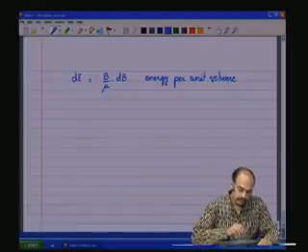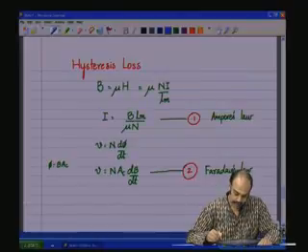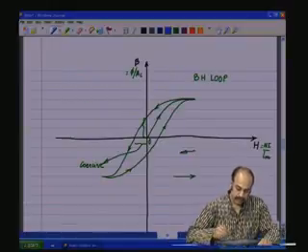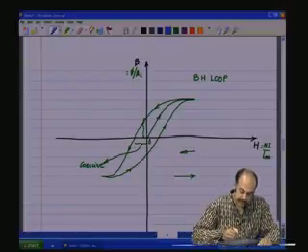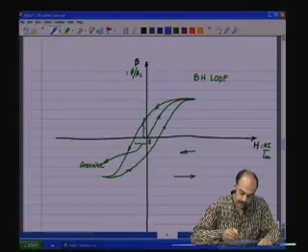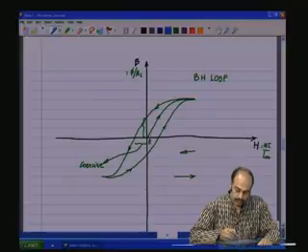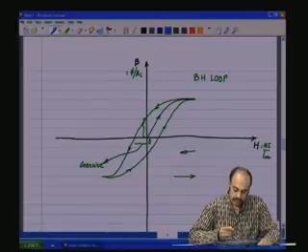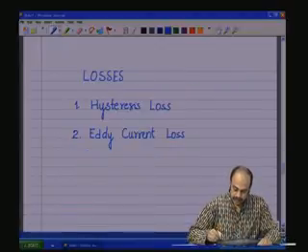So, in one cycle, if we go back and have a look at the hysteresis curve, in one cycle, as the flux density B is swung from positive to the negative, the hysteresis loop is traversed, and we see here